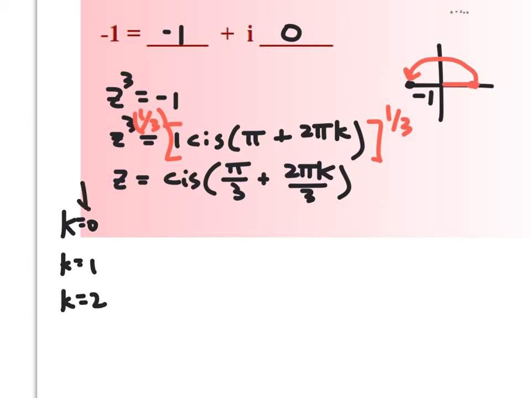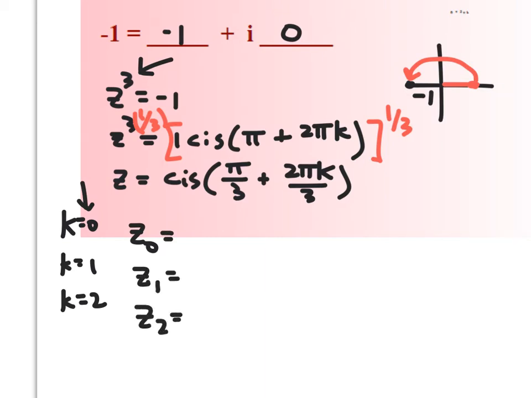You always want to start at k equals 0, and then once you get to k equals 2, which is one number less than this, we would stop, because if we went to k equals 3, it would loop back around and we'd get the same solutions over again. So I'm going to find the 3 roots